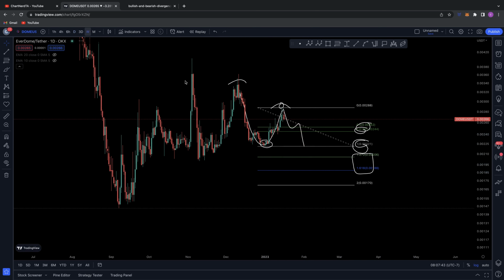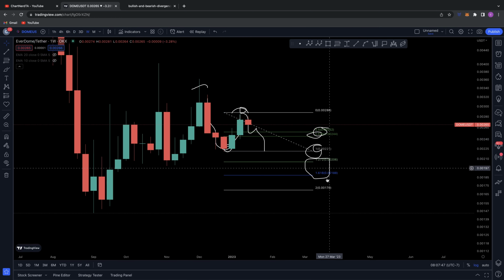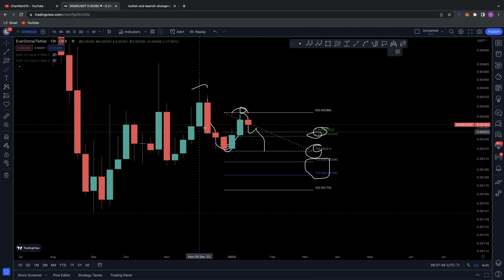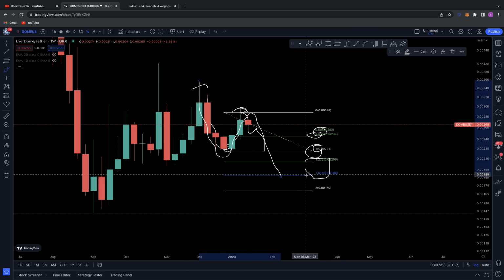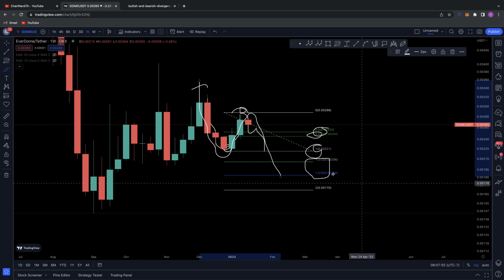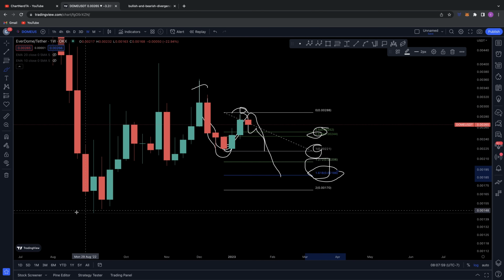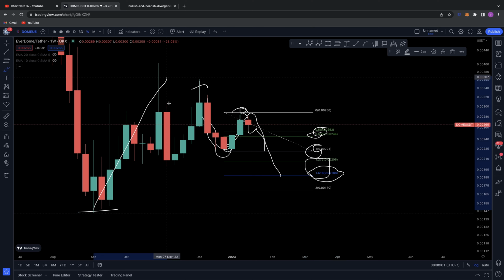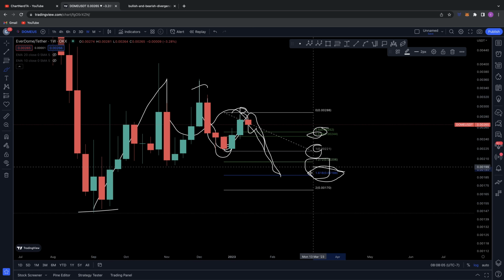But even if we were to experience that, guys, what you need to keep in mind here is if we do come down to this 1618 target and have quite an impulsive A, B, C wave down to this 1618, it's a big potential. What you've got to consider is this might provide a golden opportunity, because you've got this low, you've come up, you've made a high, potentially you're putting in some sort of correction back down to the 1618 at